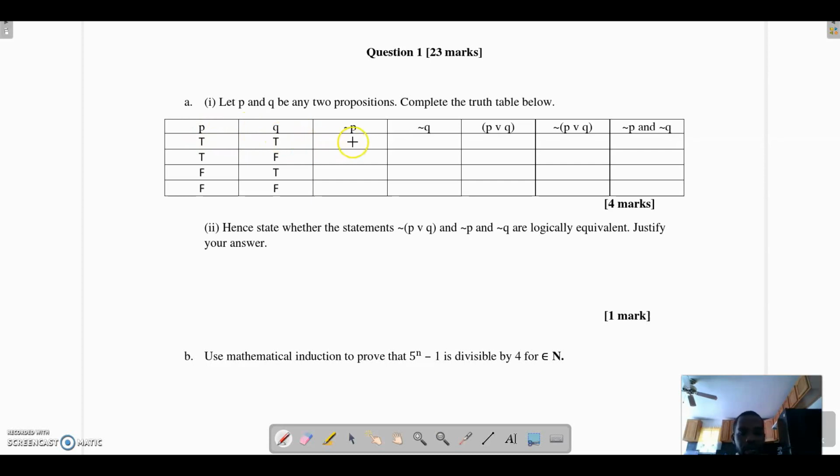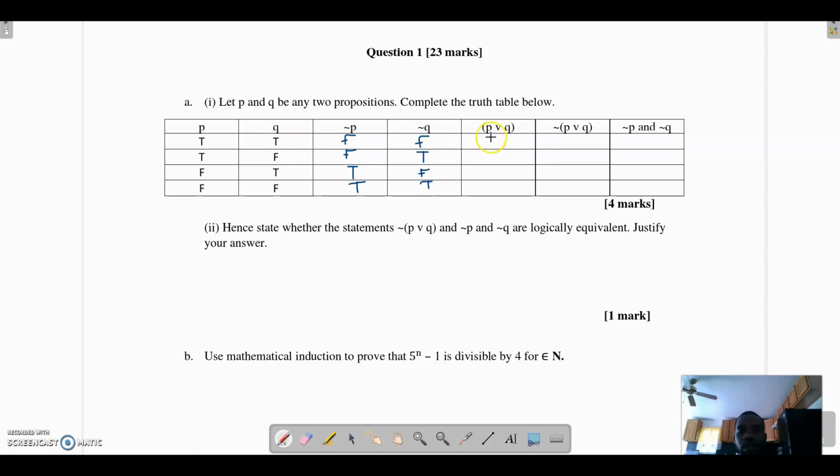Now let's start with not P. Not P means that it's negating whatever P is. P is true, true, false, false, which means that when I negate that, I'm going to have false, false, true, true. Not Q, we apply a similar concept. So we have to negate whatever we see. So we have true, false, which means we're going to have false, true,